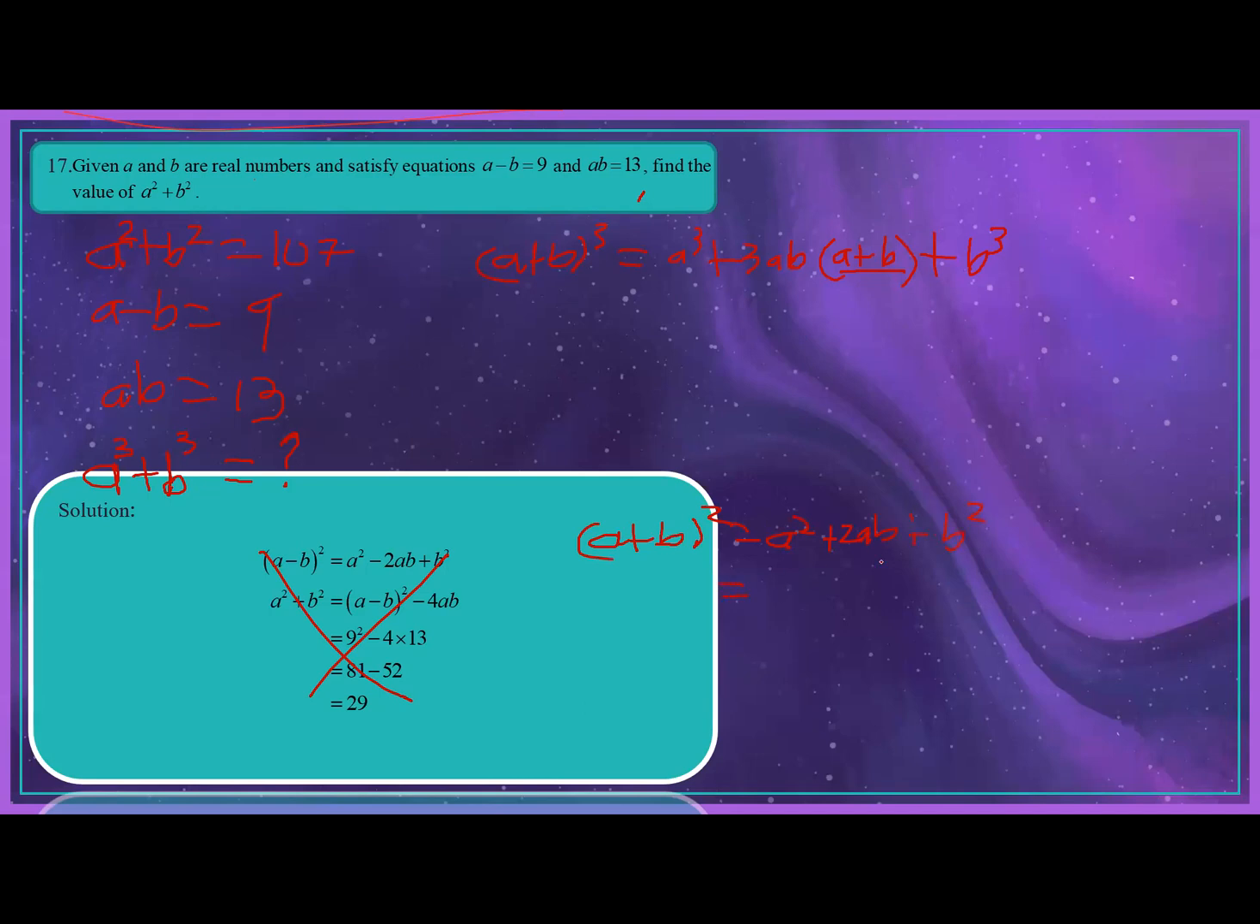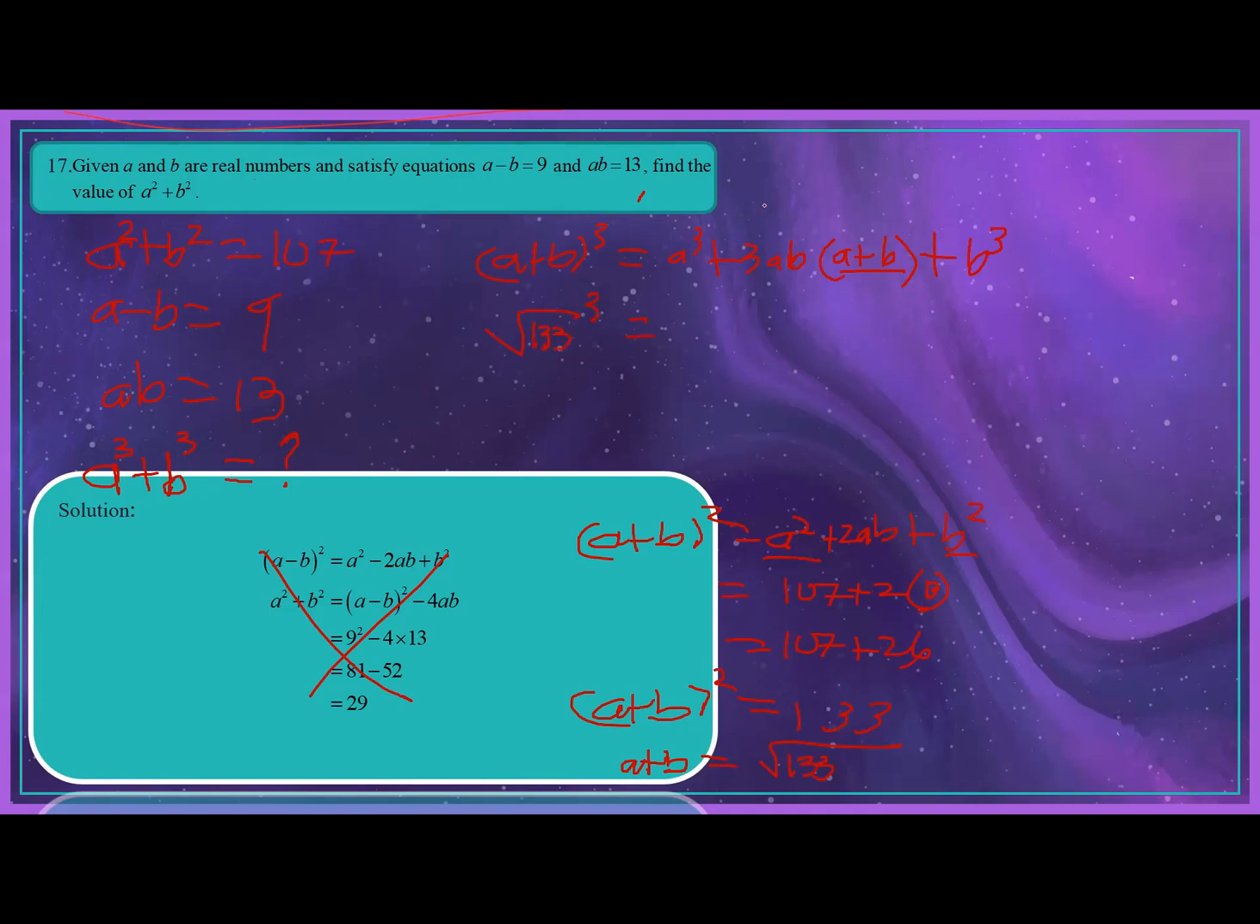So we have a squared plus b squared is 107. Okay, plus 2 times 13. So that's 107 plus 26. So we have 133. Okay. A plus b would be square root of 133. Okay. Now we have a plus b as square root of 133,